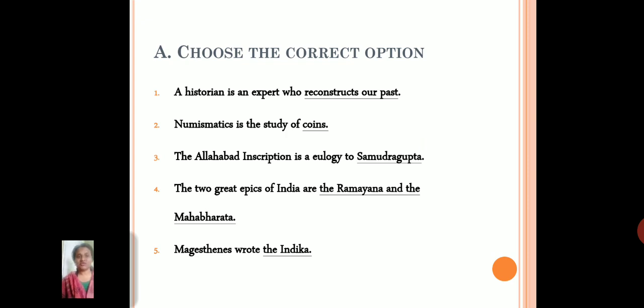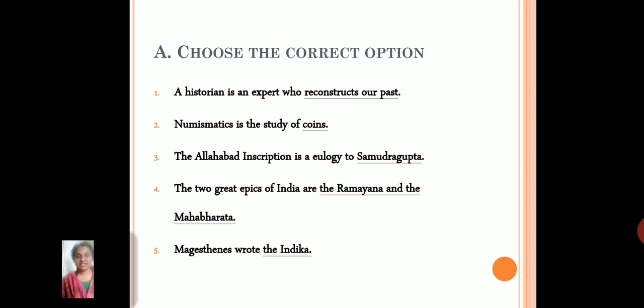Now the first choose the correct option in the textbook is, please look into your textbooks. Where are you going to do this? You're going to do this in your textbook. Are you going to write it in your notebook today? No need to this time. Alright, so for this lesson we are not going to do the choose the objectives in the notebook. We are going to do this in the textbook.